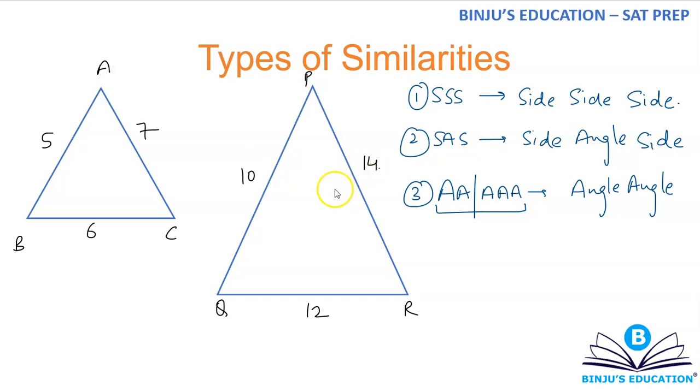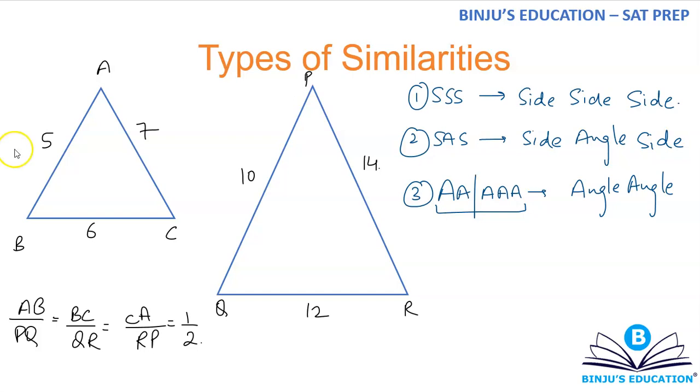So just by looking at the two triangles, I can conclude that AB divided by PQ is equal to BC divided by QR is equal to CA divided by RP, which is equal to 1/2. That is, the three sides are in the same ratio or in same proportion. So whenever this happens, then the two triangles are said to be similar using side similarity or SSS similarity. Once we prove the two triangles similar, what all can we conclude? We'll look on that after a couple of minutes. But this is how you can prove the two triangles similar using side similarity.